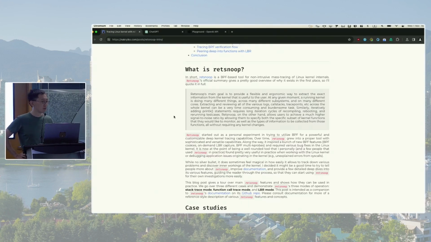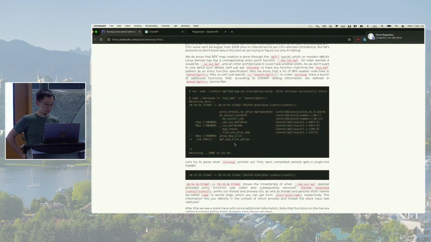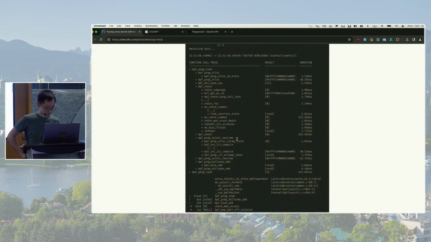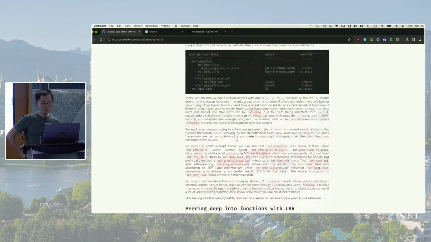You can trace it with RedSnoop, and it will give you a very lovely stack trace. It will also tell you what each function returned. By default, it will only report failure cases, so anything that returns a negative number. But you can also tell it to give you all cases, including successful ones. Another useful feature is an LBR mode,